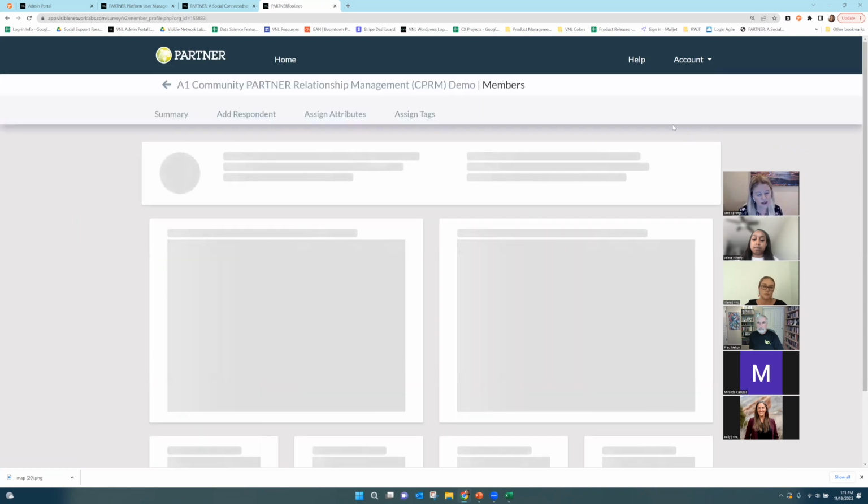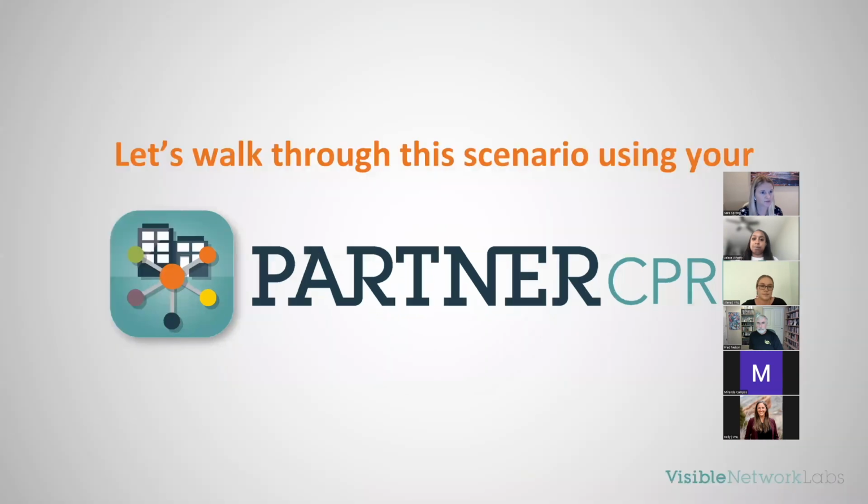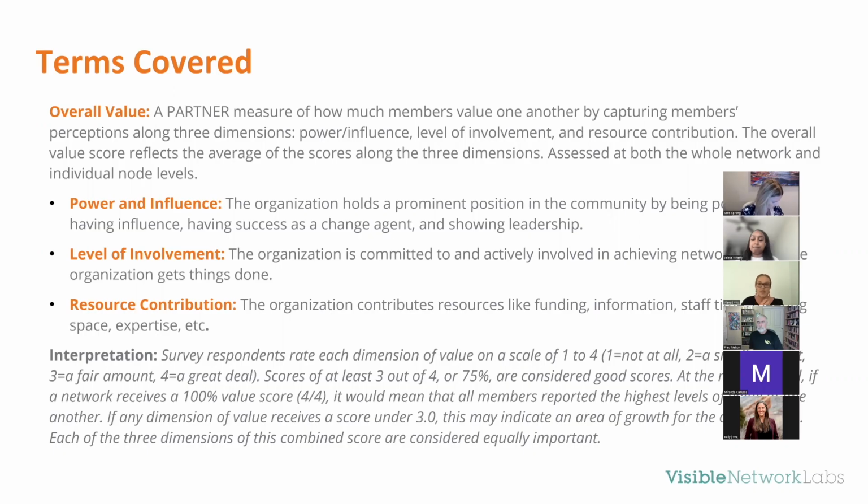You can save it as a PDF and you can print it from there. So we're going to jump right into the last scenario here. As we mentioned earlier, we have an interpretation guide that you can use that includes all these key terms that we use. More specifically for this specific scenario, the terms that are really important to understand are overall value, which